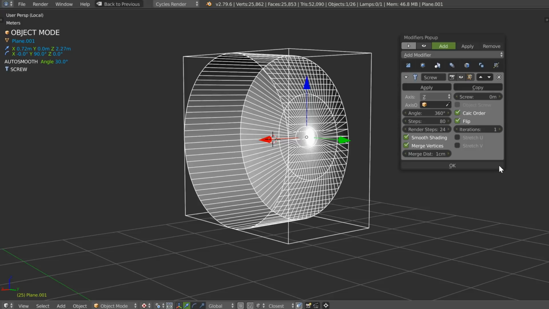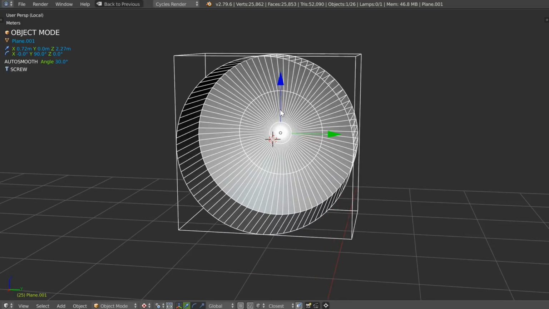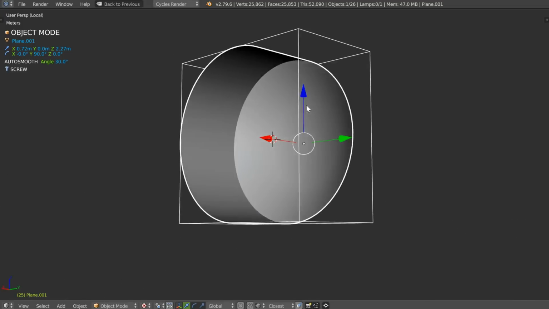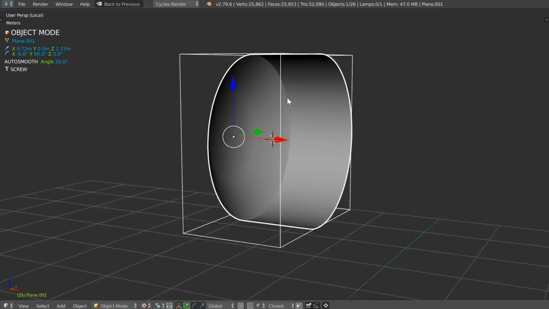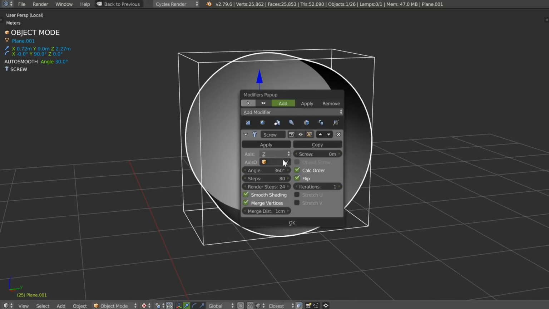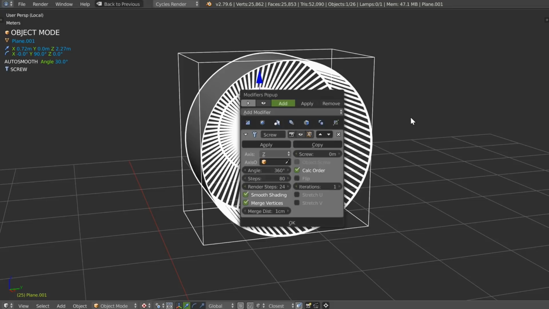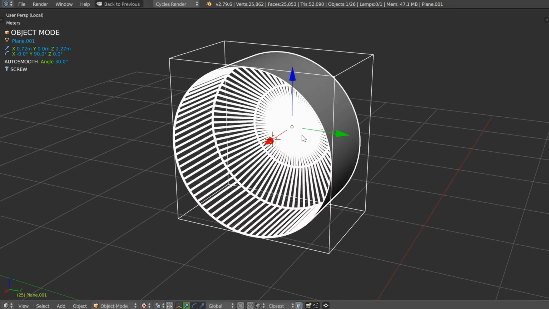If I remove the solidify, because I did not need it directly, I will have something open, and something open with the wrong direction of the normals,